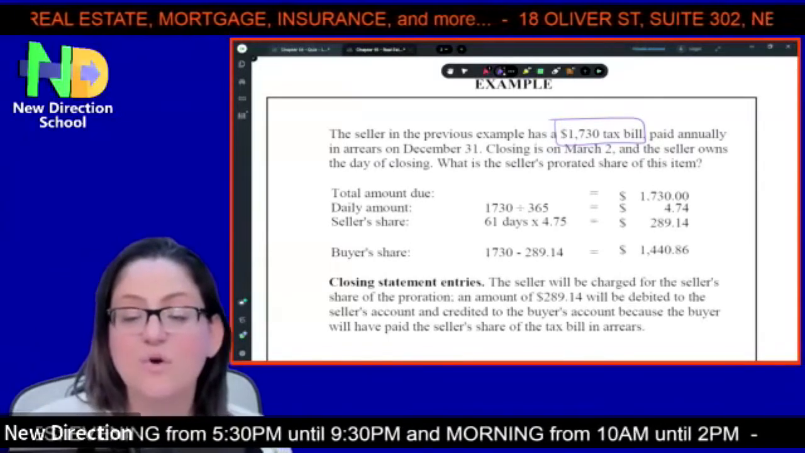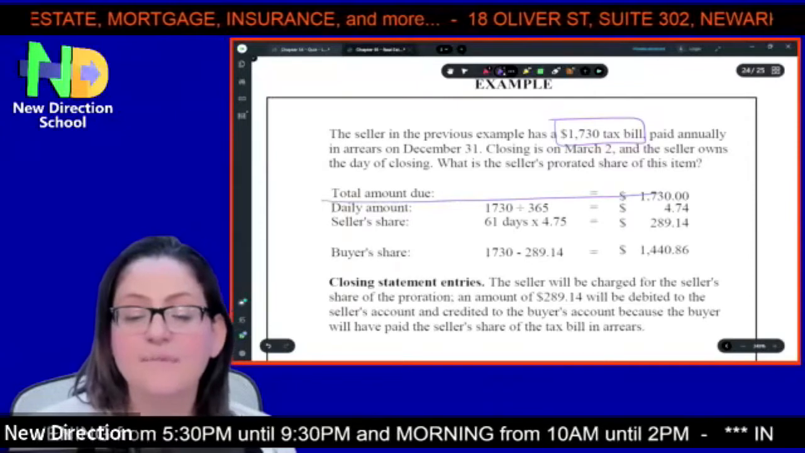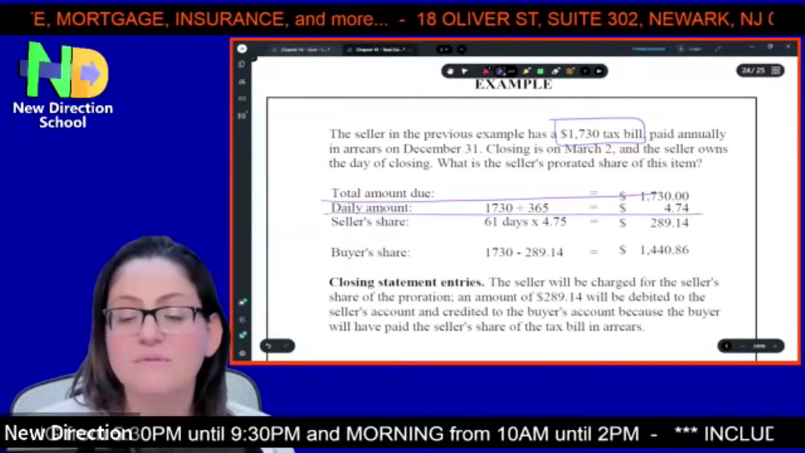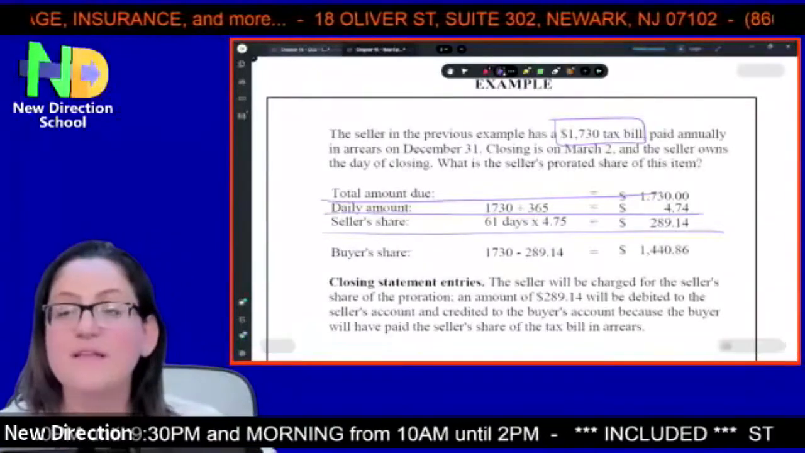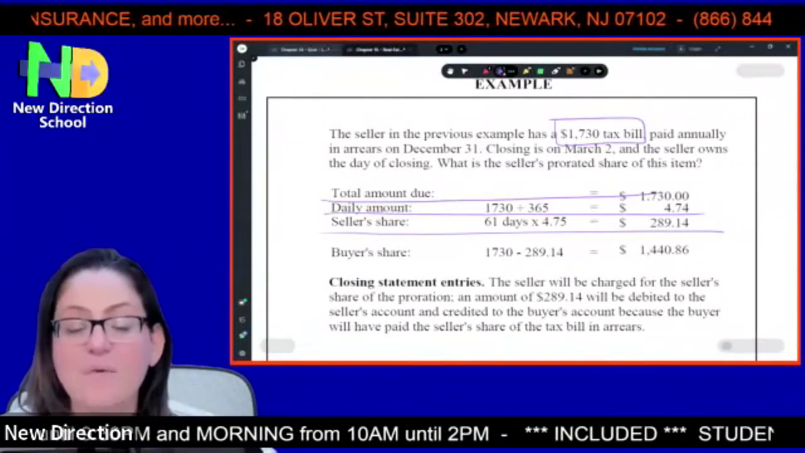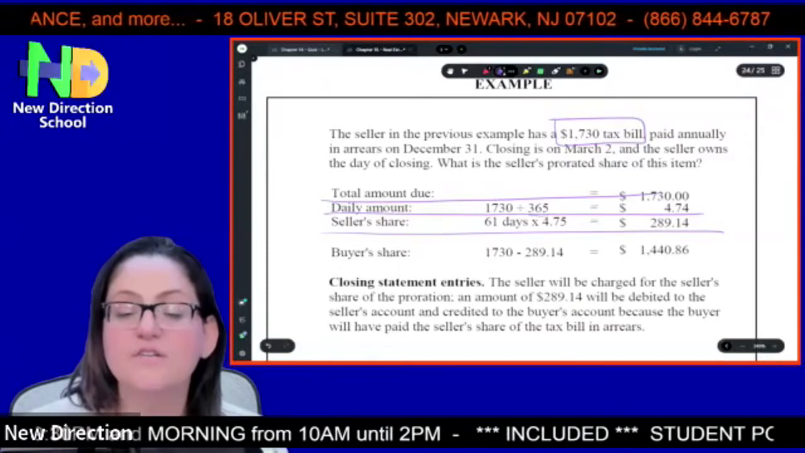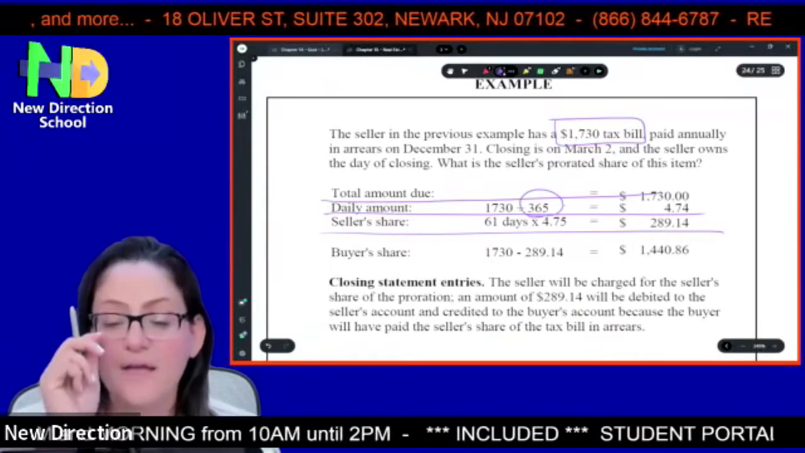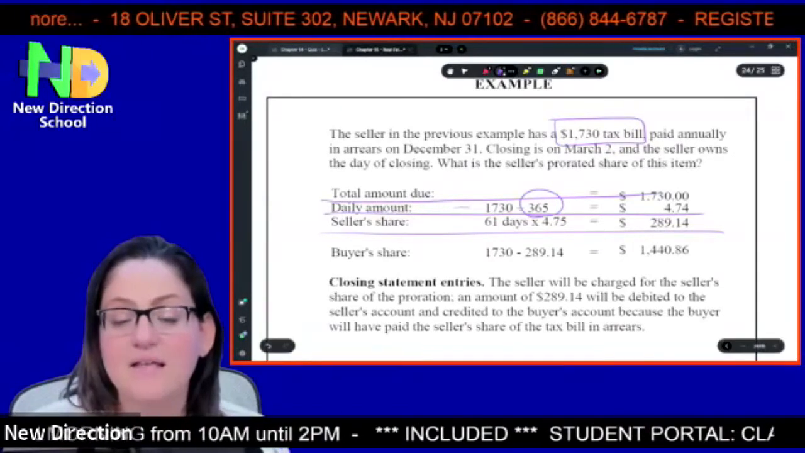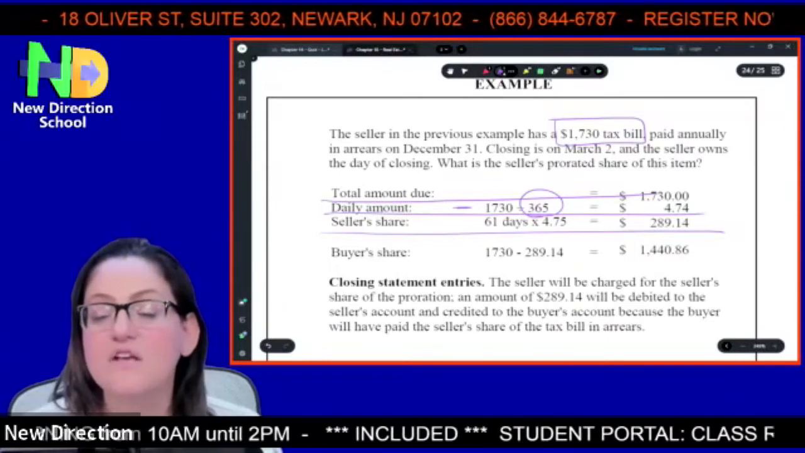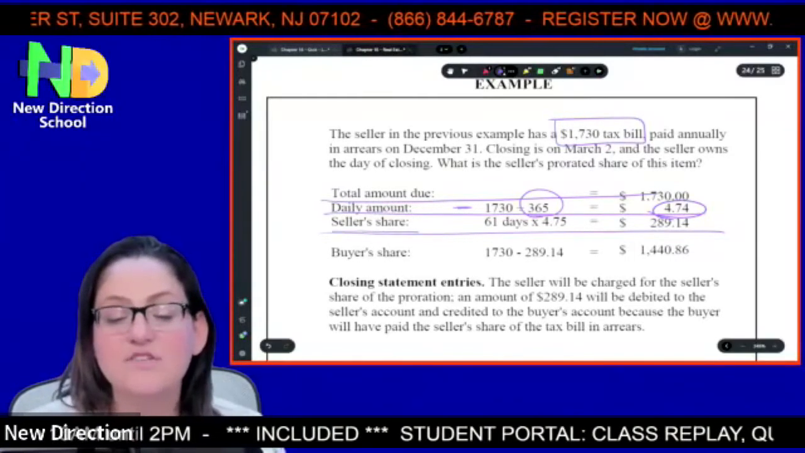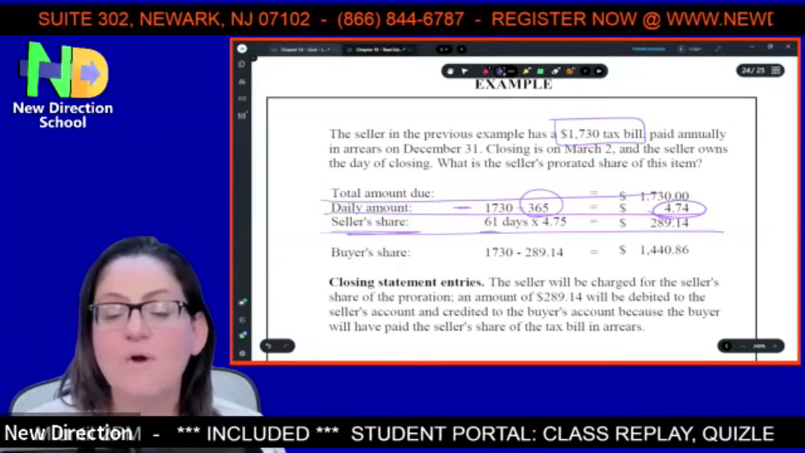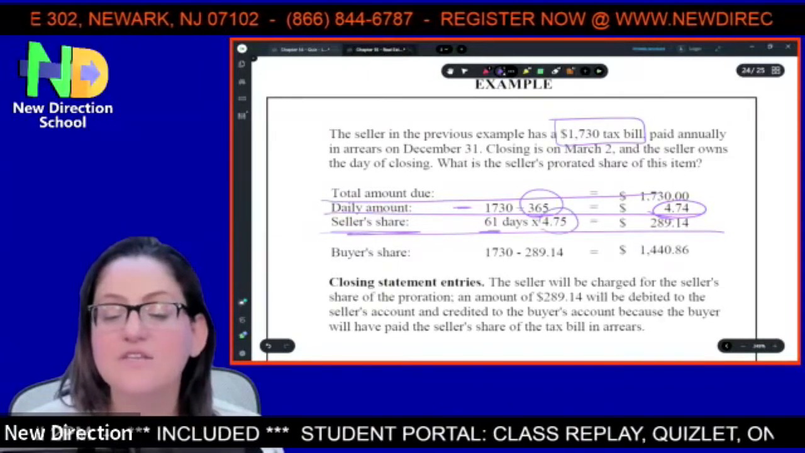So we have the total amount, okay? We have the daily amount, and we have the seller's share. So the total amount is 1,730. Now we're going to divide that number by 365, okay? Because that is the daily amount that we need. So it's $4.74. Now the seller's share for 61 days times the daily share gives us